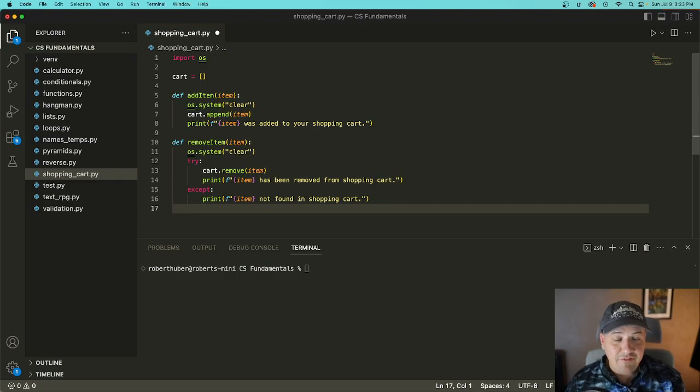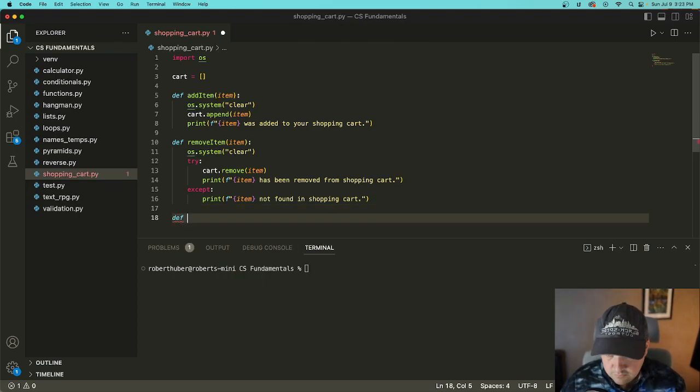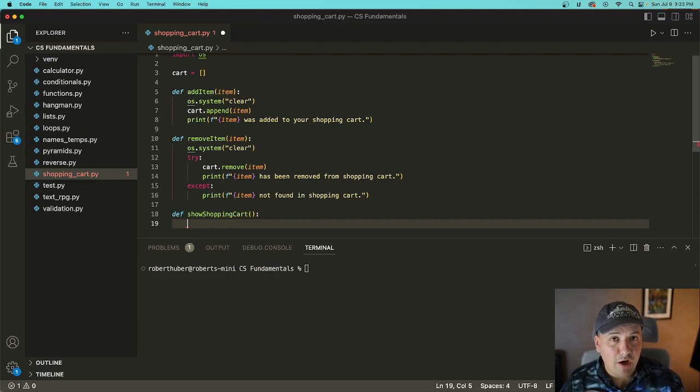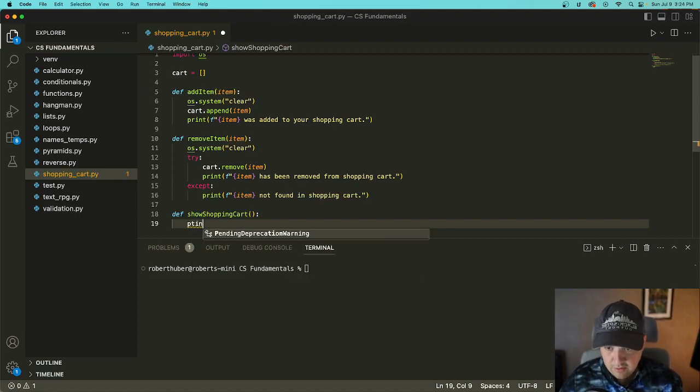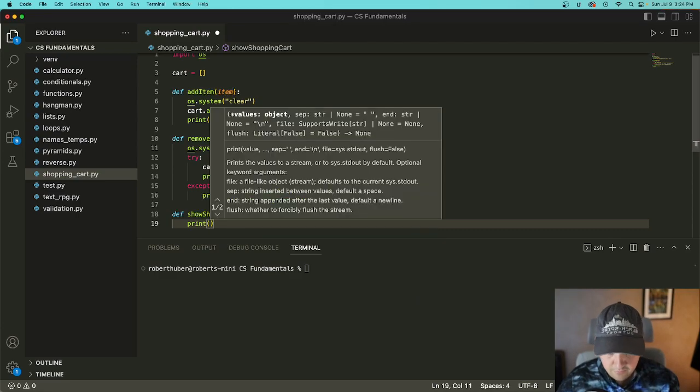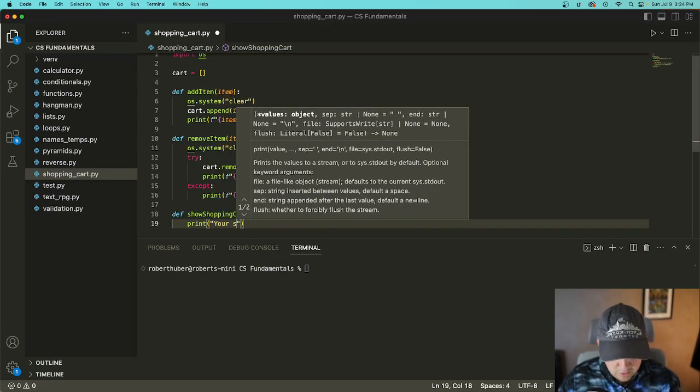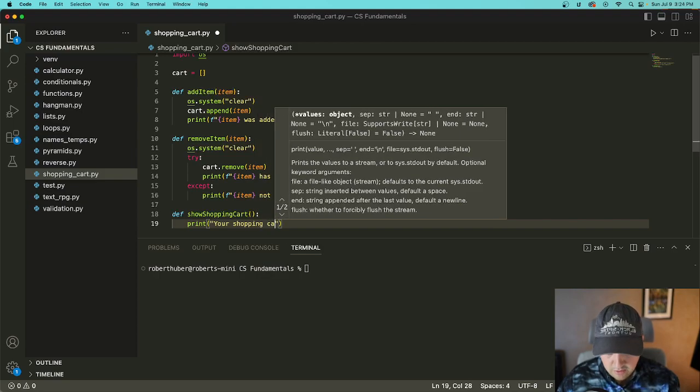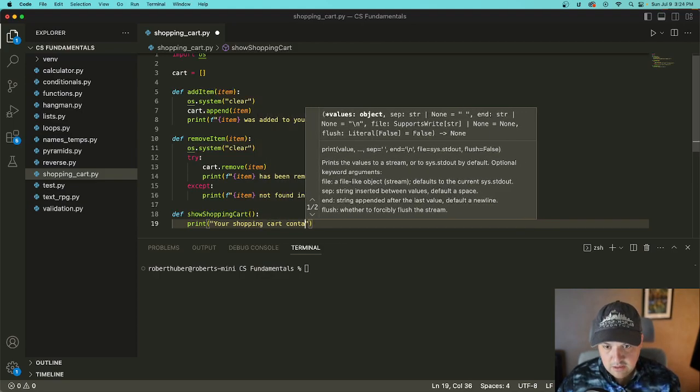And those are half the functions we wanted our cart to do. What was another? We wanted our cart to be able to show all the items in the cart, okay? Show shopping cart probably doesn't need a parameter because basically we're just showing the shopping cart. So what we want to do is just print each item in the shopping cart out in a nice list. So we should say print your shopping cart contains